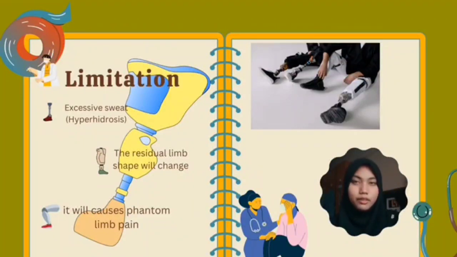Next, the limitation of the leg prosthetic is that it will change the residual limb shape. Usually, the changes of the residual limb occur in the first year of the amputation. Actually, it is because the tissues are going to settle down into their permanent shape. As stated from the research that we have made, the socket fit that has been made as a part